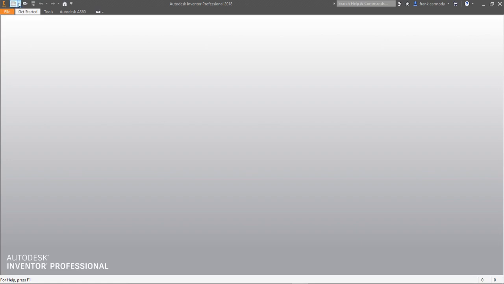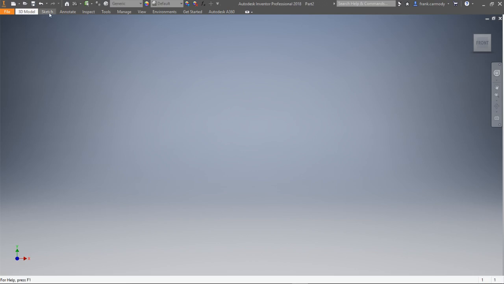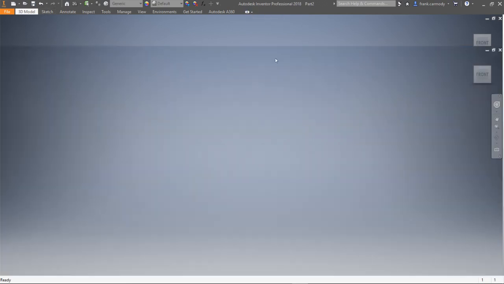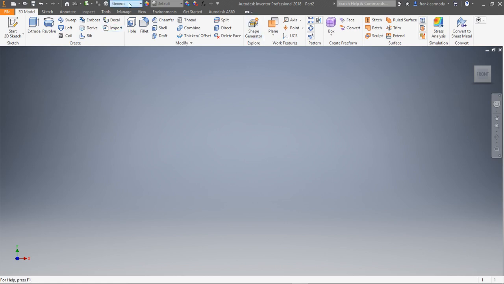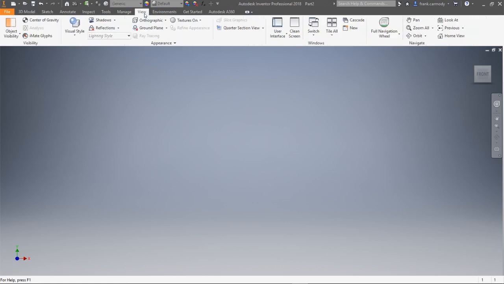One thing is you have to be in a file, so we make our part file. The other thing is we get the ribbon back by clicking that middle bar. And the last thing is we go to the View tab and we click on User Interface, and this user interface, what we get there is